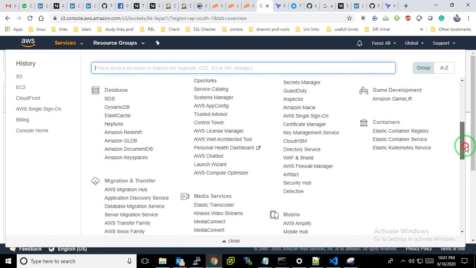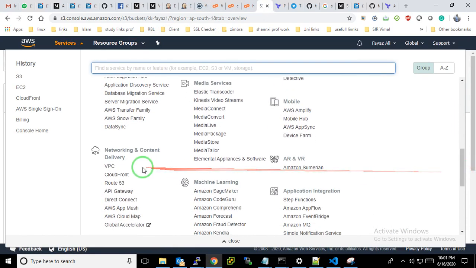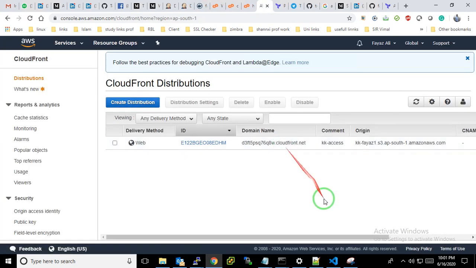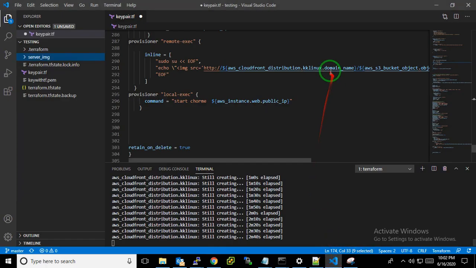So let's go to the CloudFront service. Is it created or not? Just come up on network and content delivery, CloudFront. So it's creating. You can see the KK access. I have written there my origin, my domain name, where we have called the domain name.